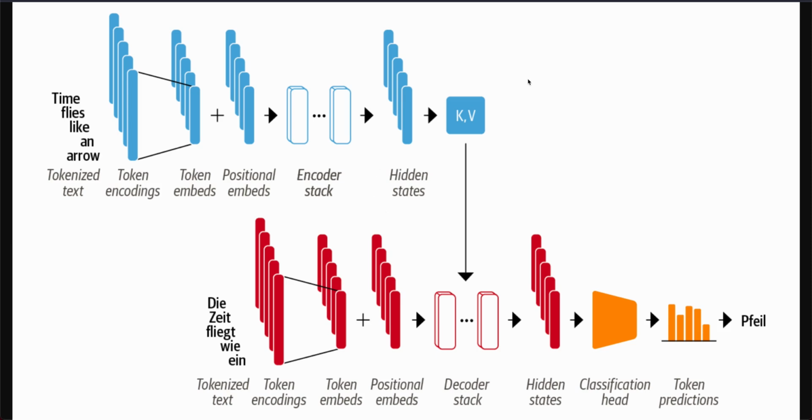The original transformer architecture is based on the encoder-decoder architecture that is widely used in tasks like machine translation, where a sequence of words is translated from one language to another. So this architecture contains two parts: one is an encoder and the other one is a decoder. What we see in the upper half is the encoder part, and what you see in the lower half is